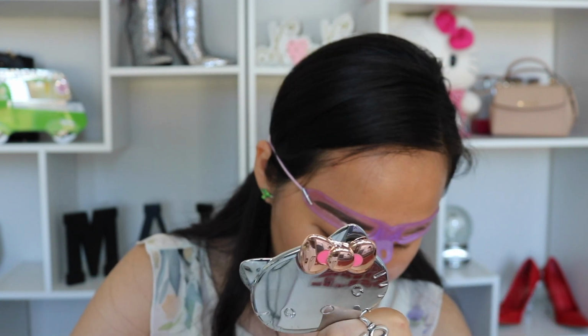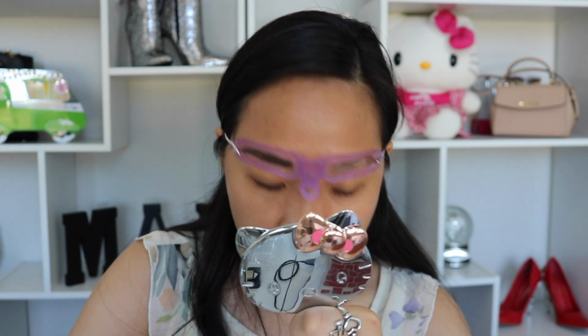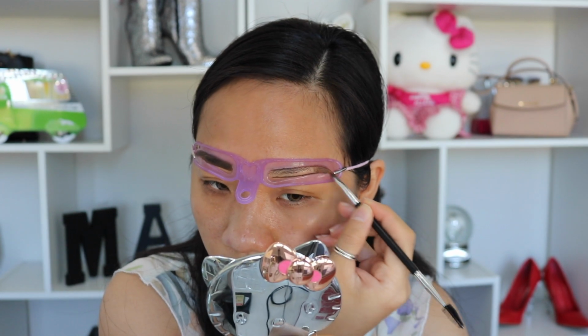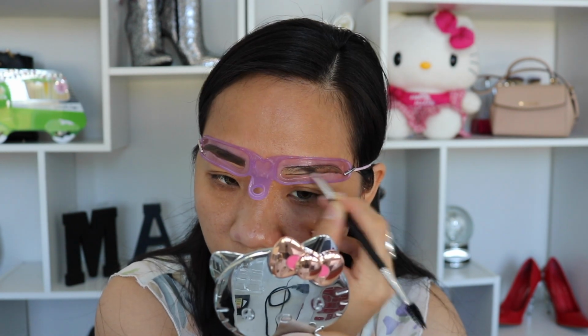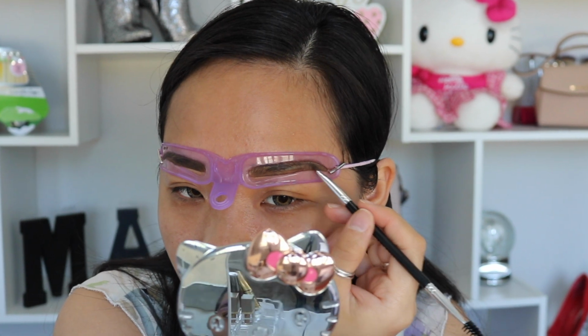Okay, whatever. I'm just going to keep going. So I shaped out already, as you can see. And then I'm going to shade in starting at the end of my eyebrows and then gradually work my way toward the top. I have to admit that it's very fast. It's so easy,